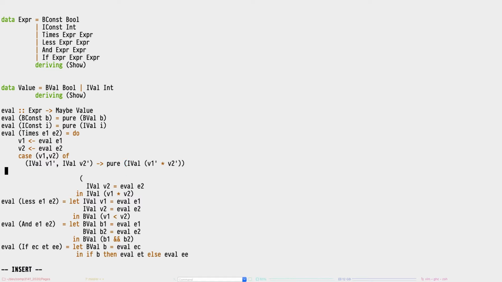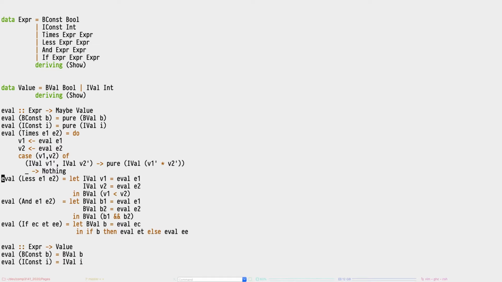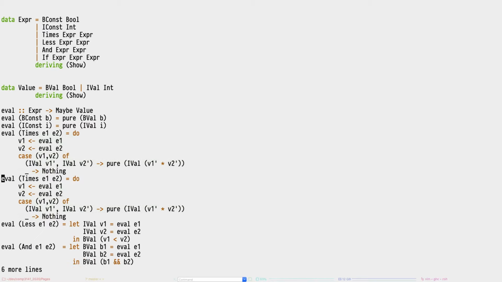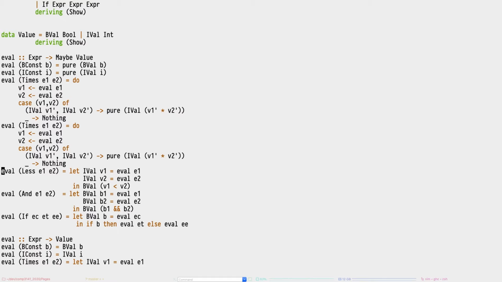And then if it's anything else, i.e. something not well typed, we return nothing, right? So the maybe starts to come in there. And then you'd have to do very similar things for the other three cases. And this is quite unpleasant, I'm sure you'll agree. We can say